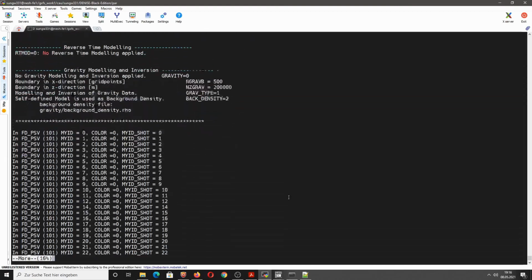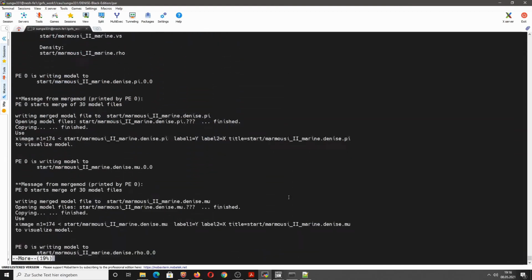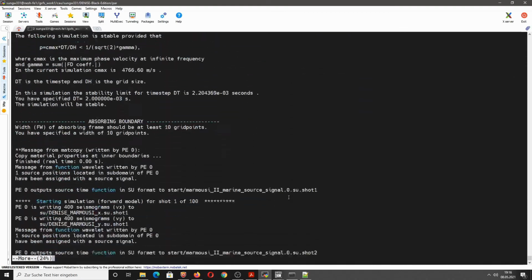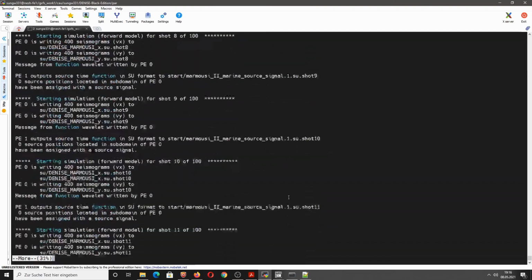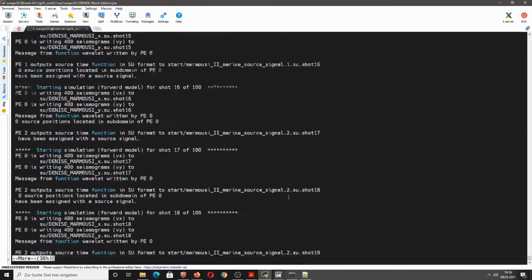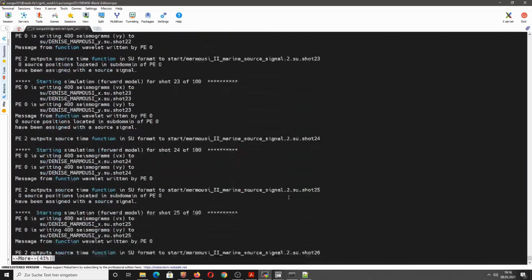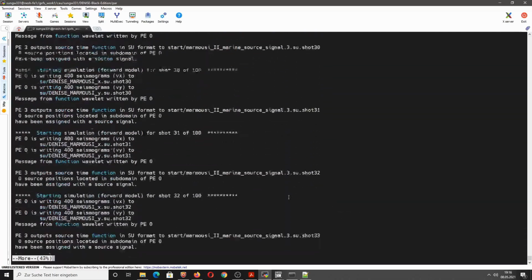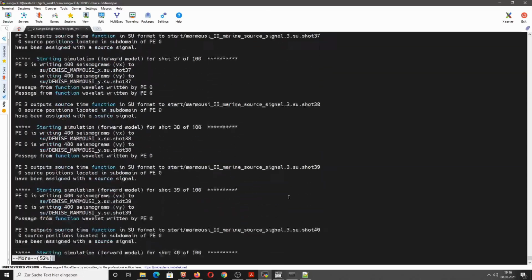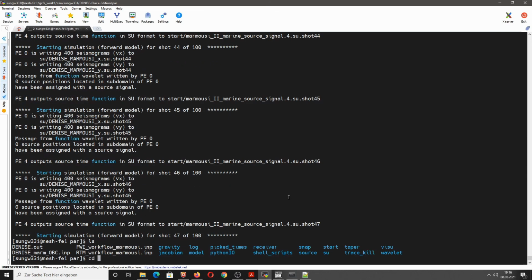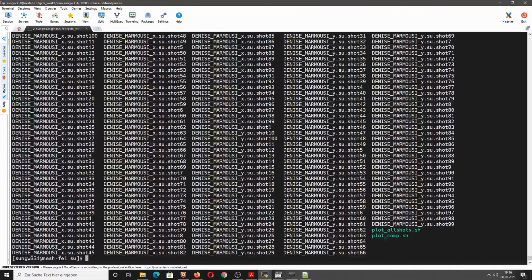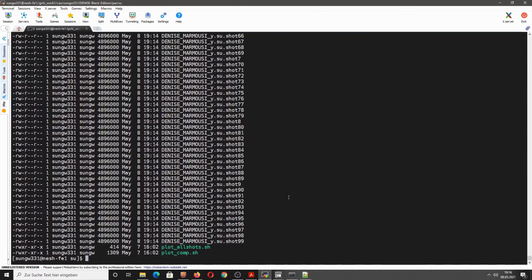You see here it writes a lot of parameters, and then we go here to the end. Oh, so the reason why there was no job in the queue is because it was already finished. Okay, so this was actually a quite bad example. The job was so fast that we didn't realize that it finished correctly. So we have now our Seismic Unix files here. If we look at this timestamp, yeah, that was quite recently.